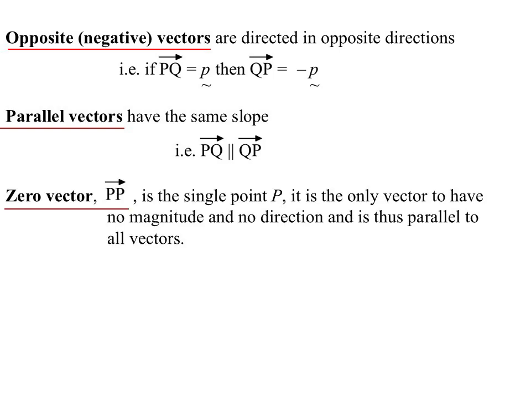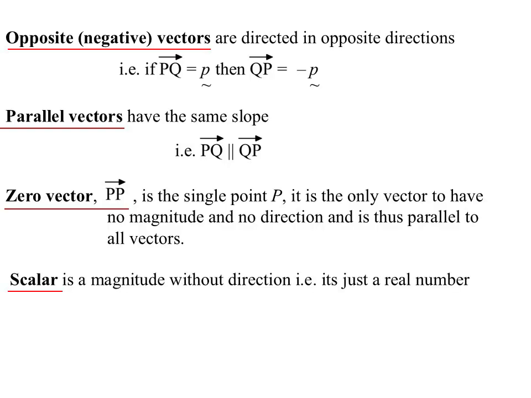Then we have this thing called the zero vector. The way I've written it here is probably the more unusual way of writing it. So we're saying PP. We're going from P to P. We're not going anywhere. It's nothing. The other way, probably more common to write the zero vector, is simply writing 0 with a tilde underneath it to highlight, yeah, I'm talking about 0, but I'm actually talking about the 0 vector, not the 0 as a